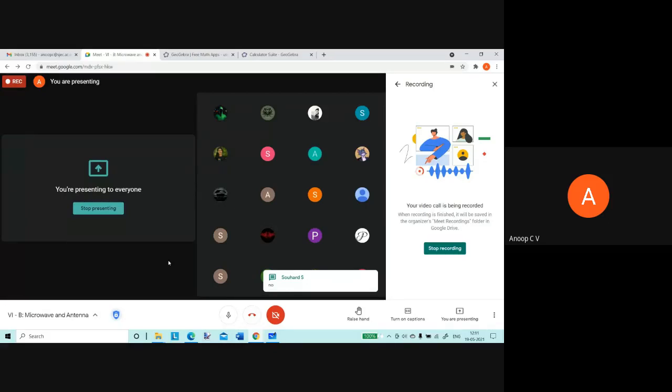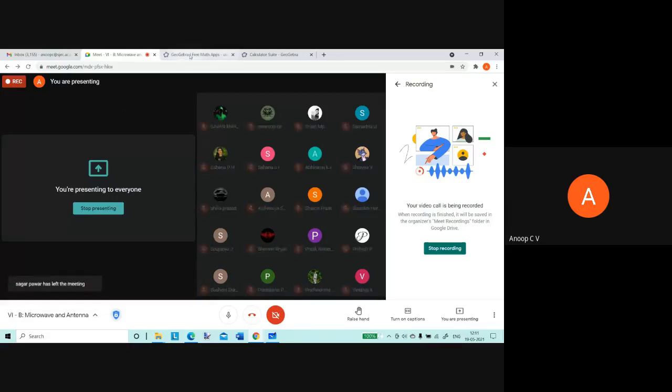So instead of that, what we'll do is I'll be using GeoGebra. I have a provision to export images into GeoGebra. I'll export it to GeoGebra, and there I can draw straight lines, circles, and all those things. I expect you also to do that. So first I'll tell you how to use GeoGebra to solve Smith chart problems.